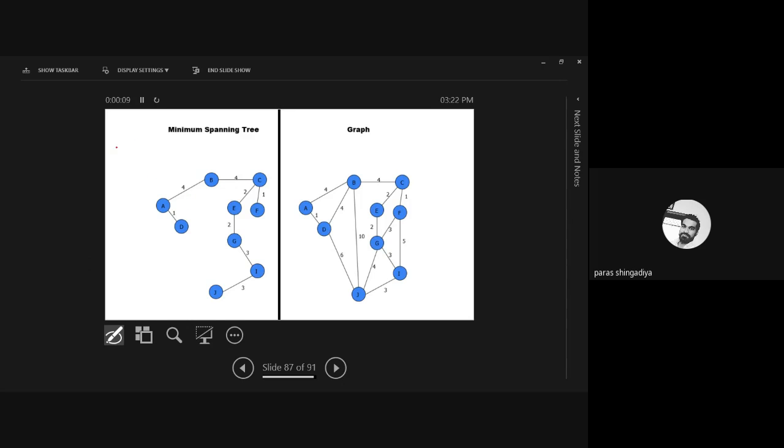Okay. So here we'll find the total minimum weight, that is 1 plus 1. Then after that 2 plus 2. Then after that 3 plus 3. Okay. Then after that 4 plus 4. And what is the total? That is 8 plus 6 plus 4. Okay. So 20 is the minimum possible total weight. 20 is the minimum possible total weight. That is your complete answer in the Kruskal algorithm.